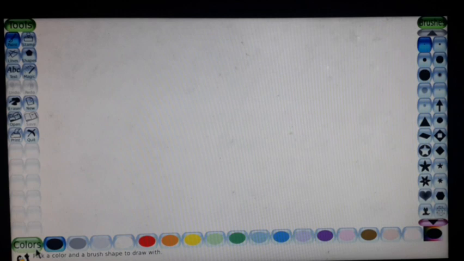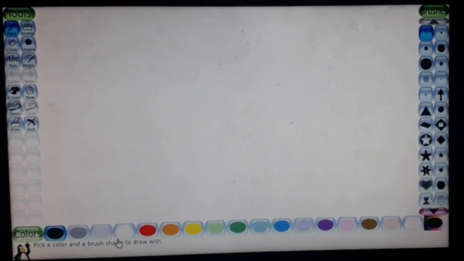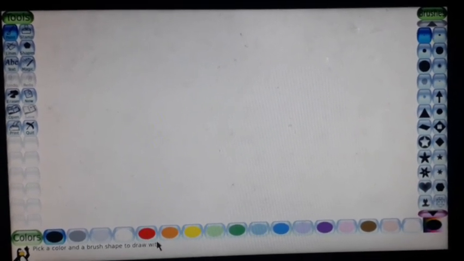Look here, at the bottom of the screen, a symbol of a penguin. It shows tips at the bottom of the screen. All of you understand what is Tux Paint? Tux Paint is an application software like MS Paint. It is used to draw and color images with effects.